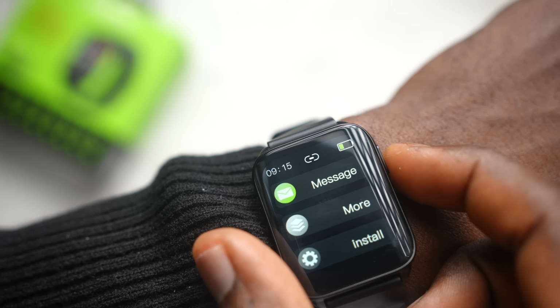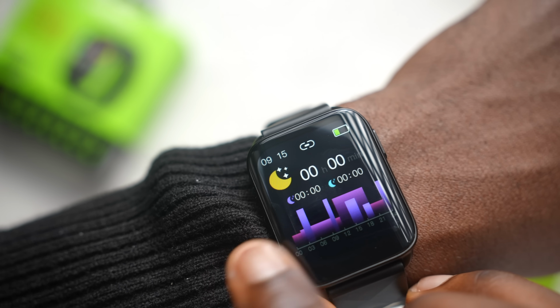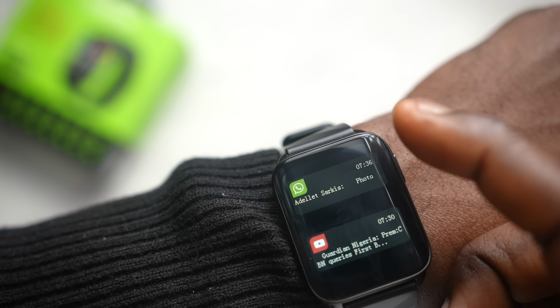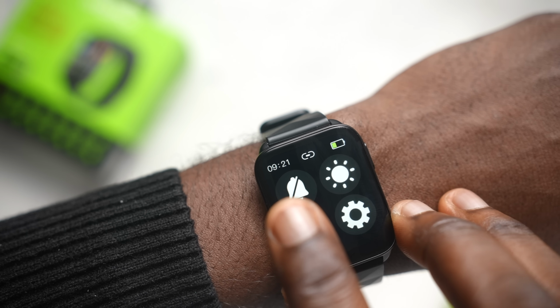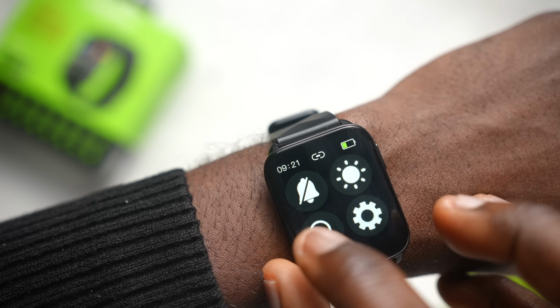Now, scrolling down to the right side shows you the step, distance, and calorie burn, the sleep, heart rate sensor, and the weather. Swiping up shows you the notifications and messages that you get, and swiping down shows you the control center with the ring notification for silent, the brightness level, find your phone, and the settings menu, which Oraimo